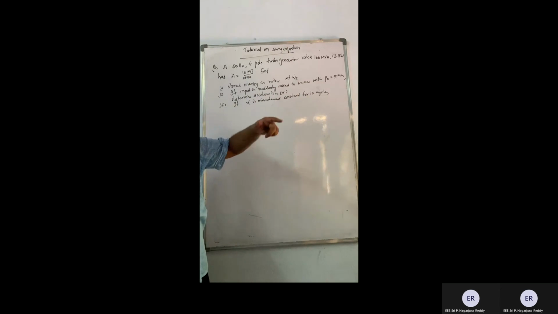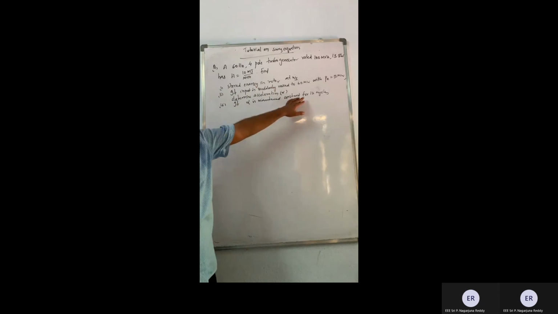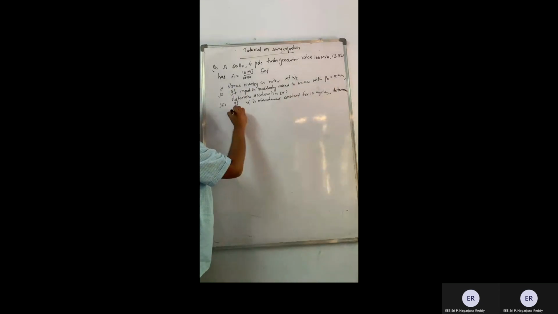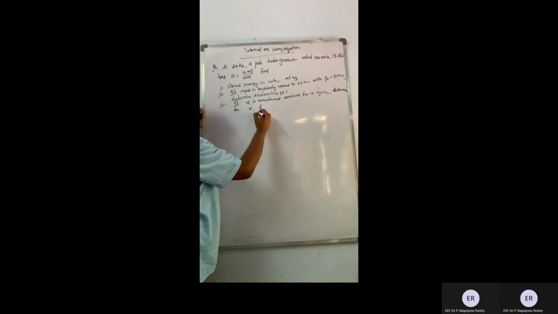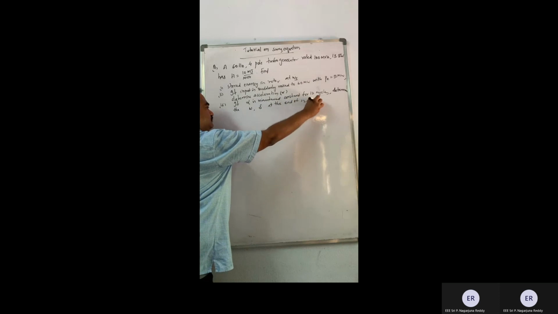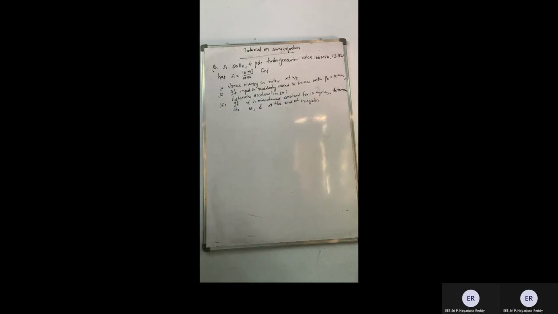And when the machine was accelerating, what will happen? The speed also will increase. The displacement also will increase, isn't it? It is just like your bike. Accelerate, speed will increase, so displacement also increases. So if alpha is maintained constant for 12 cycles, what he is asking is determine the omega, angular speed, and delta at the end of 12 cycles. Okay, this is what he is asking.